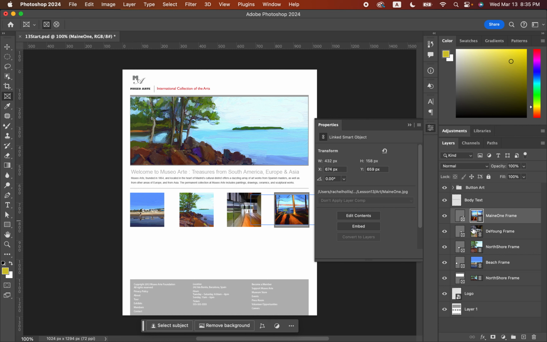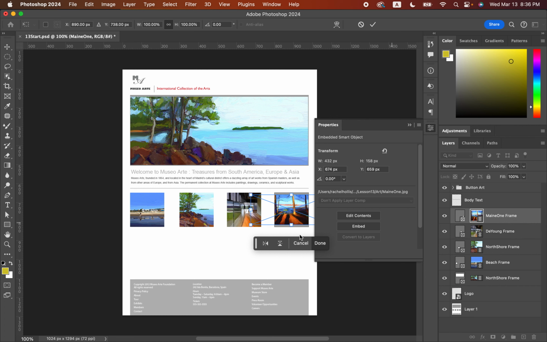Okay, now you're going to select the right thumbnail with the link icon on Main 1. So not this one, but the one on the right. And you're going to do Command T or Control T on a Mac. And what that's going to do is it will allow you to free transform the image that's inside the frame,